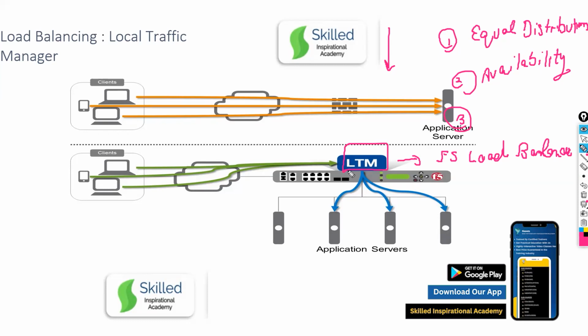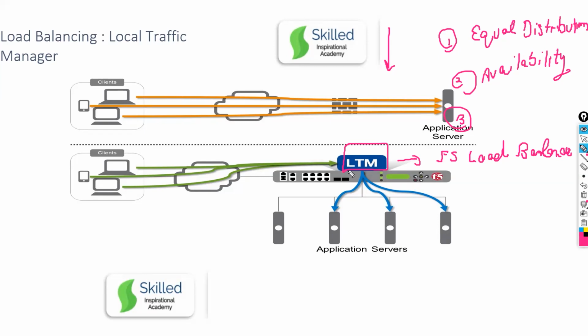Advantage means, if any server goes down, in that case we will get redundancy. Redundancy and availability both come into play. I'm looking for some other word. Application aware traffic load balancing, that is also something you can say, but that comes under profiles. Yes, I can say that F5 is aware of your application.